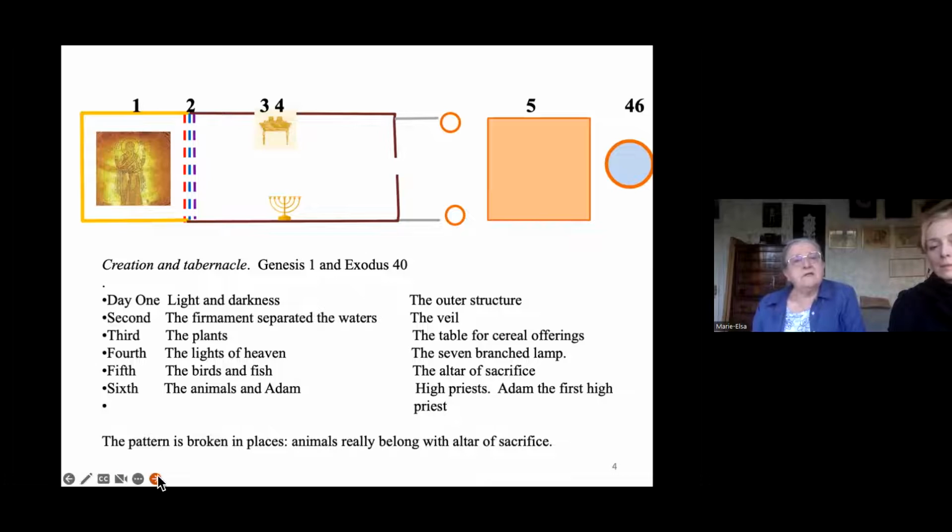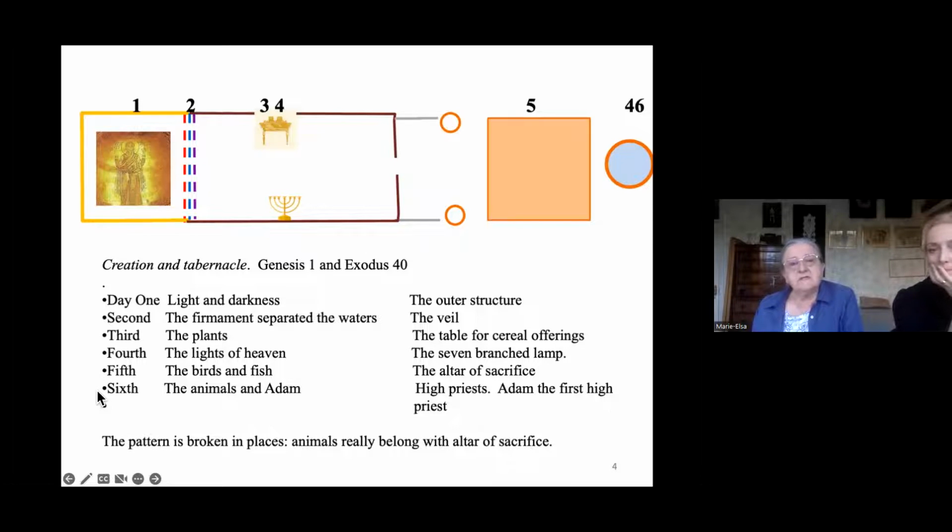So going back to the left-hand side again, starting again from the Holy of Holies, you'll see that across the top there are a series of numbers. And the numbers correspond to the days of creation. For some reason, the number on the right, this is due to my inexpertise, says 26. It should actually say 6. So please correct that. And if you look underneath, you will see how in the biblical account, and remember these